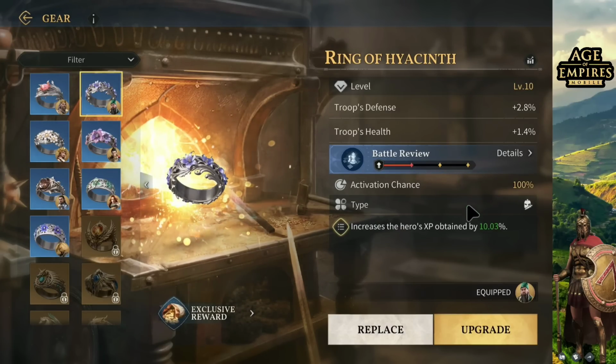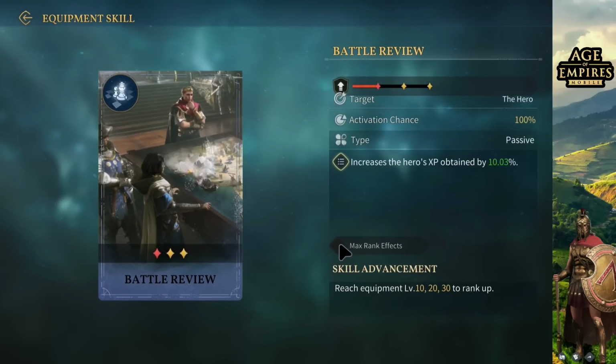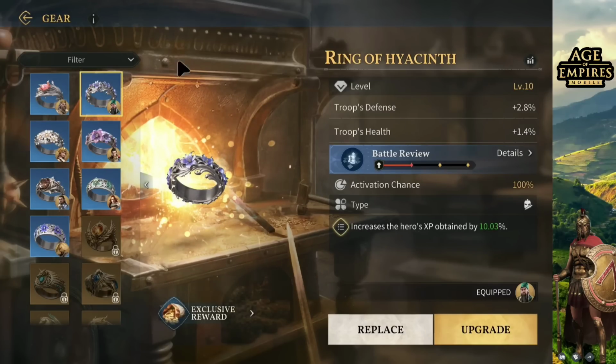Now, I upgraded mine by 1 level. I am getting up to 10% extra experience. If you just get it at base level, it's going to be 5% extra XP. It's not so bad. I think if you max it, you will get, let's see, up to 25% experience, but this is going to be very, very costly. If you get the ring, maybe keep it at level 1 with the extra 5%